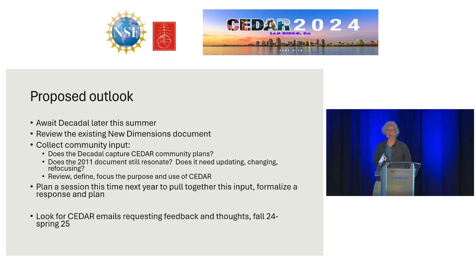It's been interesting this week talking to people who went through writing the visions document 13 years ago. Often the immediate response was, why would you want to do that again? It's an enormous effort, and you just got done writing the decadal. So I think this is the schedule that we're proposing. One is to await the decadal later this summer. In parallel with that, all of you who have never read the visions document should read it and see what it says. And then over this year, I think we'll collect community input through some sort of Google form